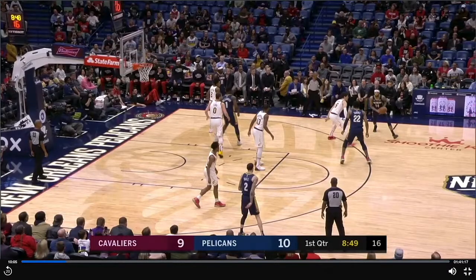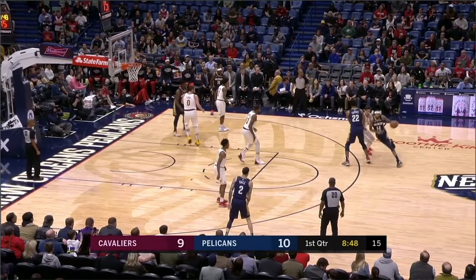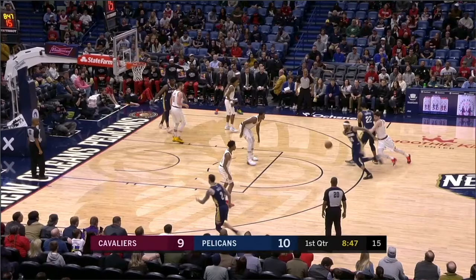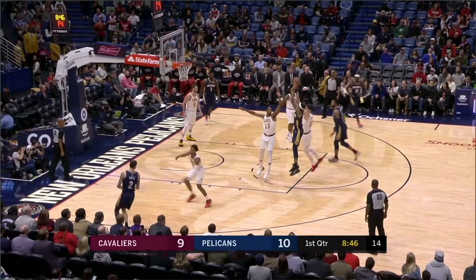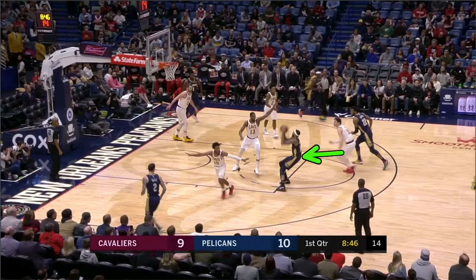Looking at a defensive clip here, another reason why drop coverage is so awful. Look at this. The Cavs drop the big, they fight over the top. So Brandon Ingram's going to walk right into an open mid-range jumper that he's going to miss. But look at this. You've got multiple players contesting Brandon Ingram's jump shot here because you're in drop coverage, right? You've got the player fighting over the top contesting, and you've got Tristan Thompson contesting.